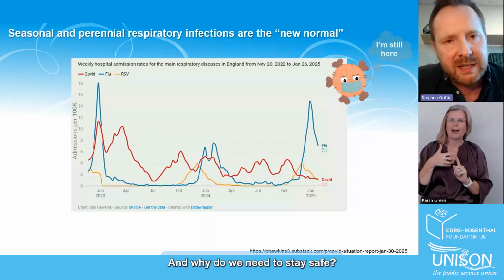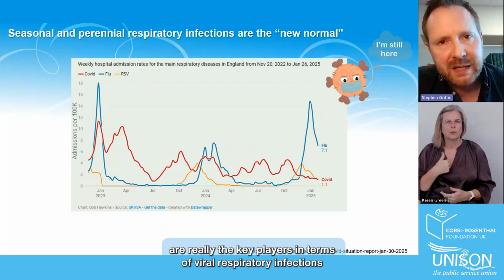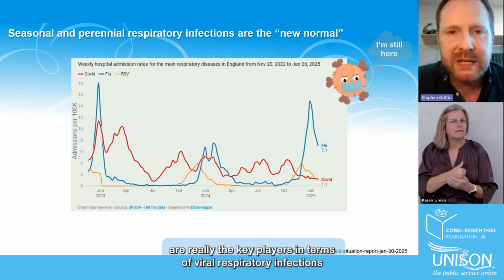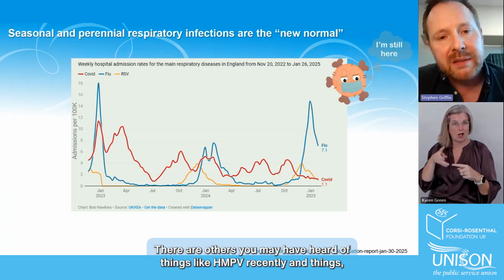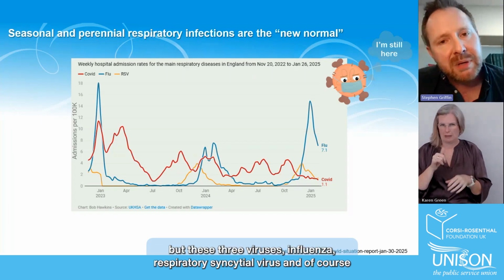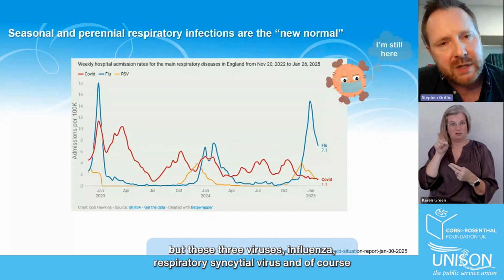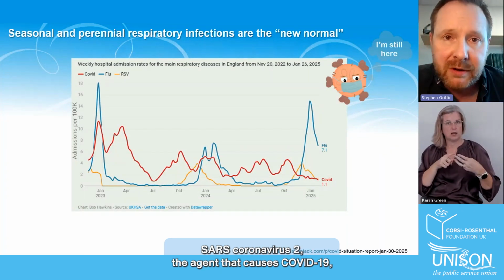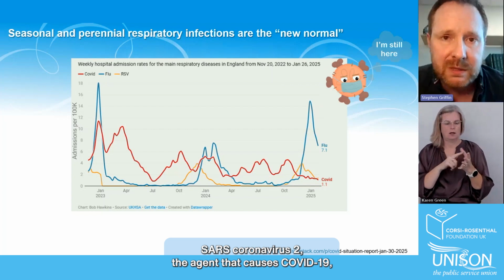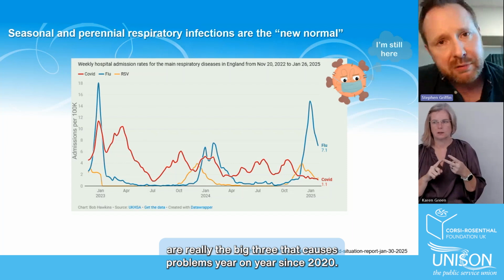And why do we need to stay safe? Well, what I'm trying to show you here are really the key players in terms of viral respiratory infections that we think about. There are others. You may have heard of things like HMPV recently, but these three viruses, influenza, respiratory syncytial virus, and of course, SARS coronavirus 2, the agent that causes COVID-19, are really the big three that cause problems year on year